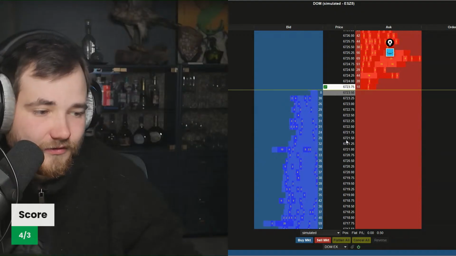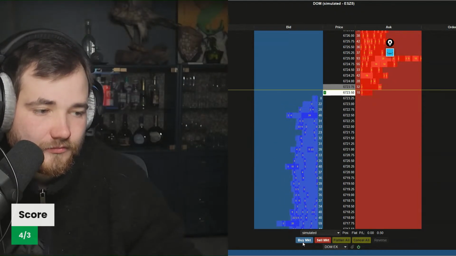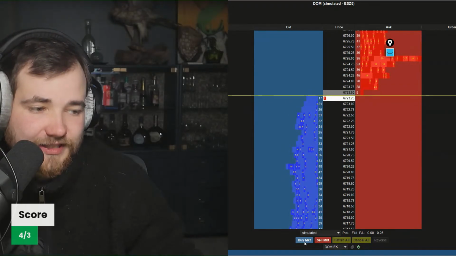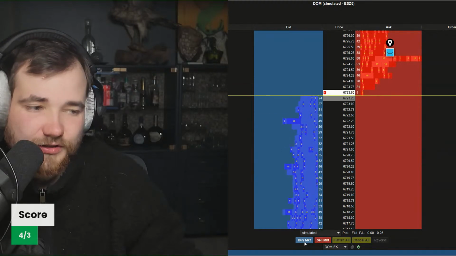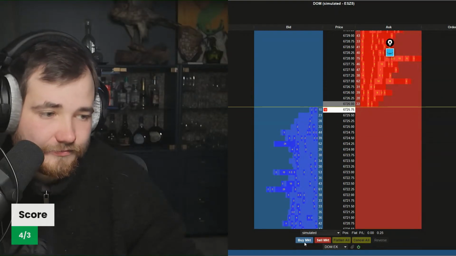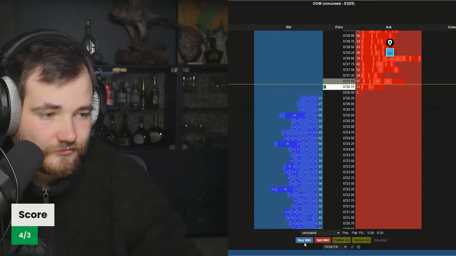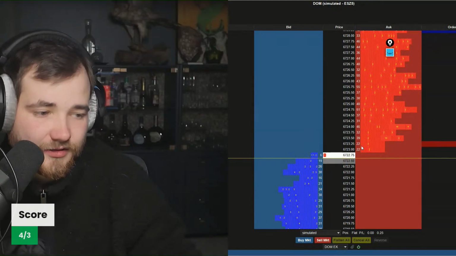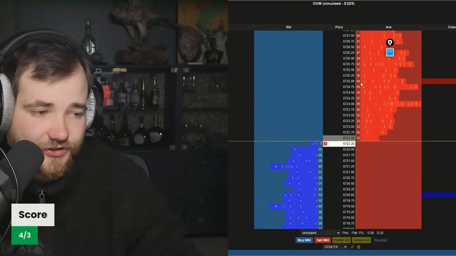Alright, now we had a buy move from these areas. Let's see if it gets defended here. 6, 7, 21 is the level we are looking at. Let's see if it gets defended. Didn't quite go there yet. But buyers are looking quite strong here. Alright, buyer move again. Let's see if this gets defended. And sellers move again, so now both sides. Let's see if the sellers get the response move from these levels here.